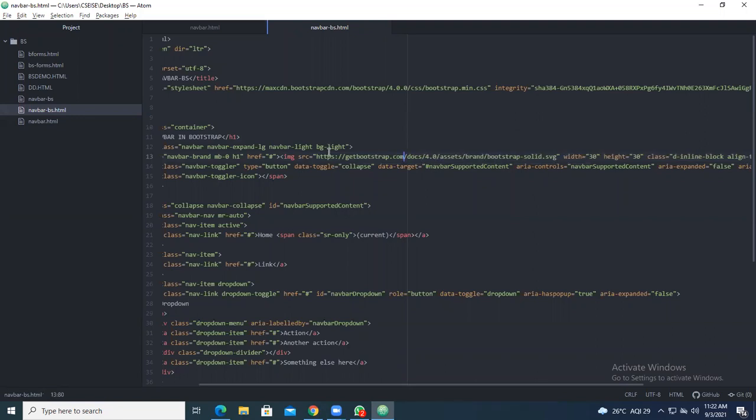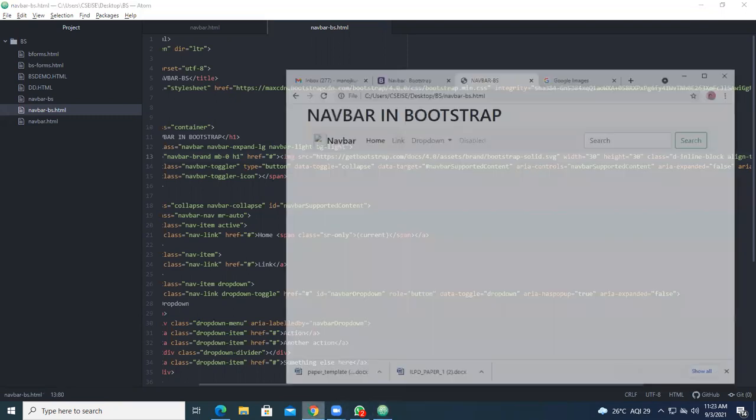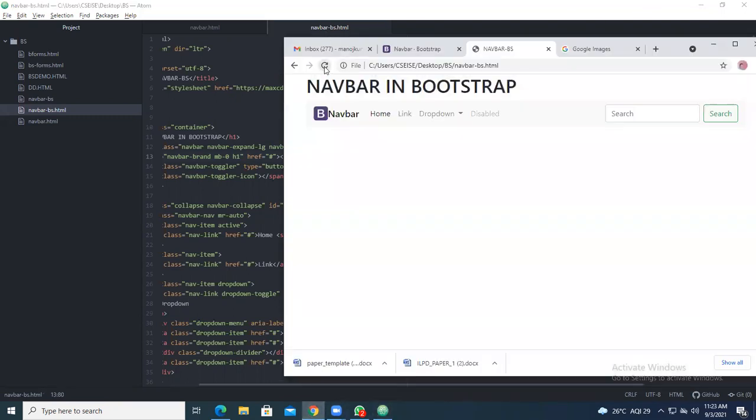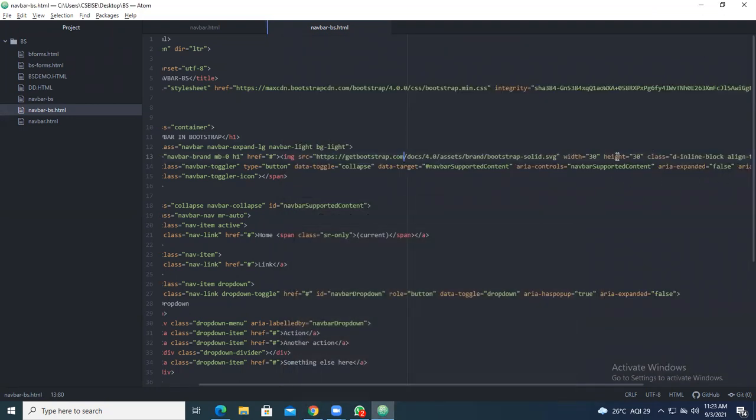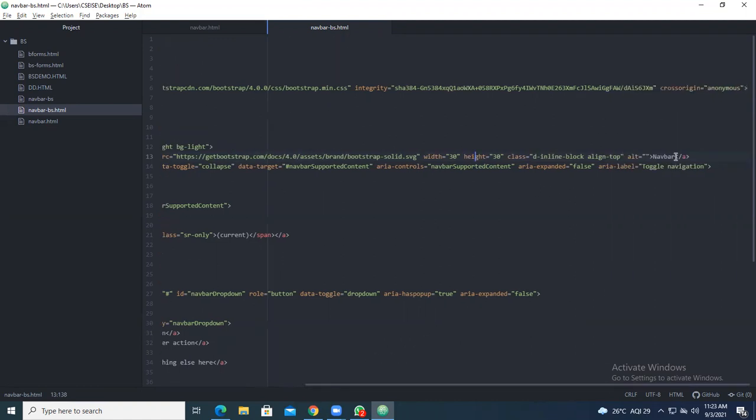So you see the contents. Give the particular web page how you want it. Now you are getting the button with a navbar here. In place of navbar, you can have the content also. So I've given the content like this. What is the content we have taken? You are getting it as navbar.